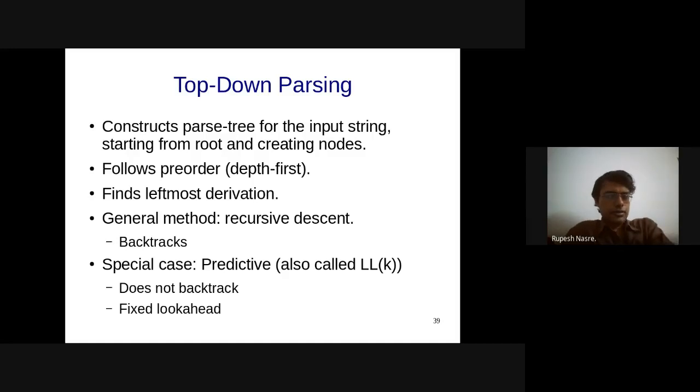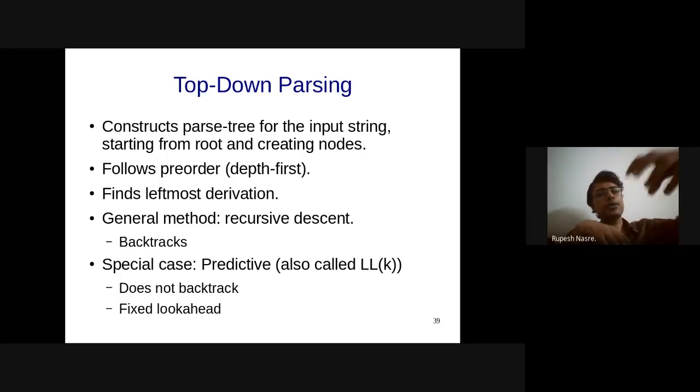In general, for very arbitrary kinds of languages, this top-down parsing, since it does a depth first traversal, is also called recursive descent. In general, it might require us to backtrack. What that means is that I will try to apply a particular production for a particular non-terminal. For example, our expression is E. I will try to see if E plus E matches or E minus E matches. If E plus E matches, well and good. Otherwise, I am going to go to the next branch and so on.